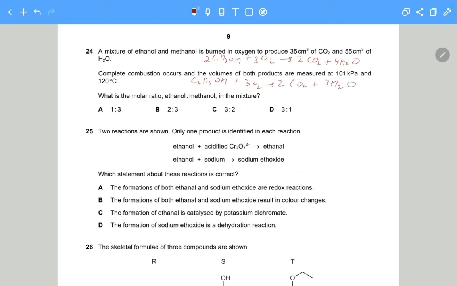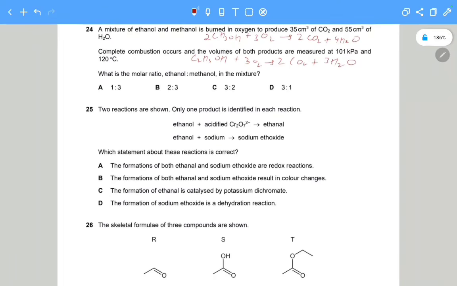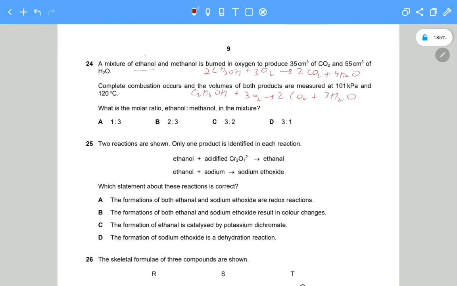So this is balanced now, and one is the combustion of methanol, the other is the combustion of ethanol, and we have to find out the mixture of ethanol to methanol, right? So let's say that the number of moles of ethanol is y and the number of moles of methanol is x, right? So we know that we can calculate the total number of moles in this reaction,